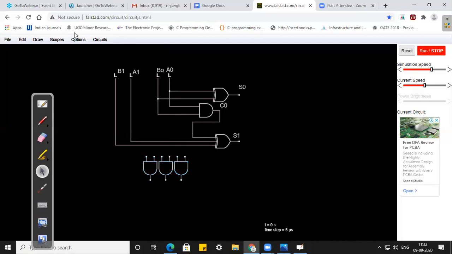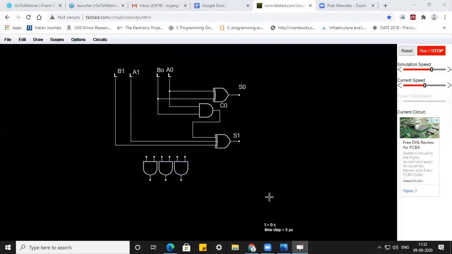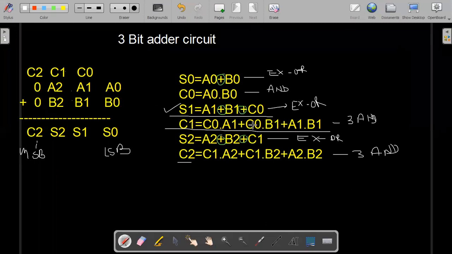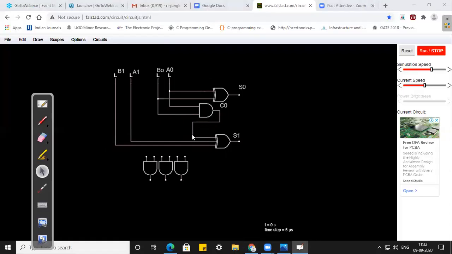What is my equation for C1? My equation for C1 is C0A1 + C0B1 + A1B1. So this is my C0. I will connect this C0 here, draw a wire and take it from here.